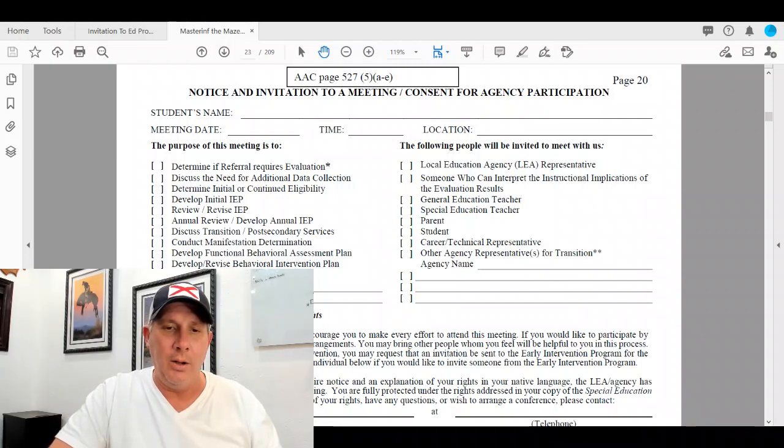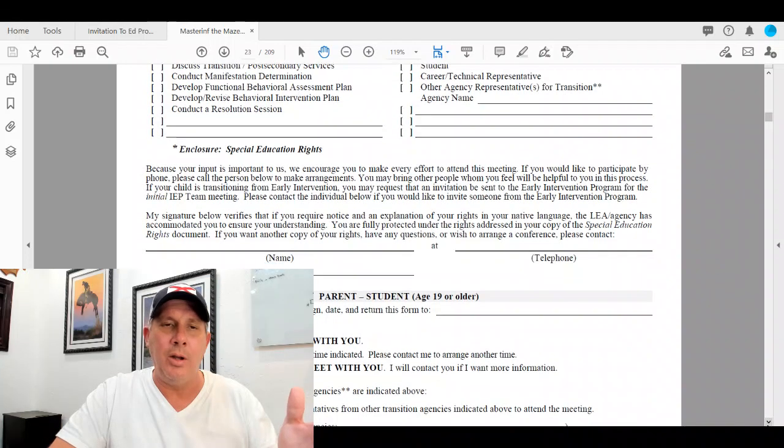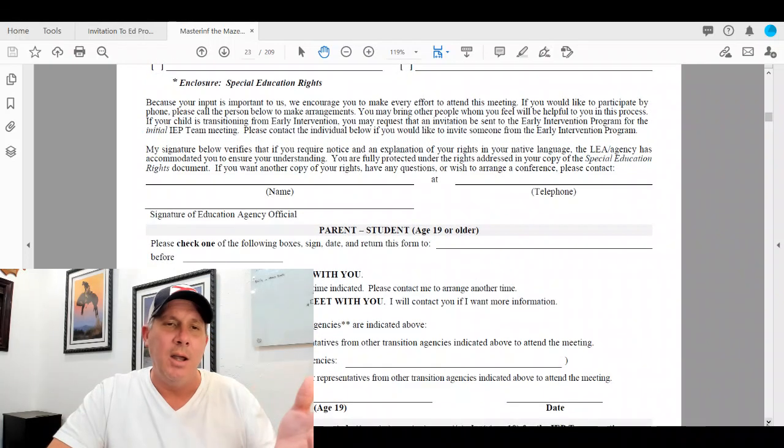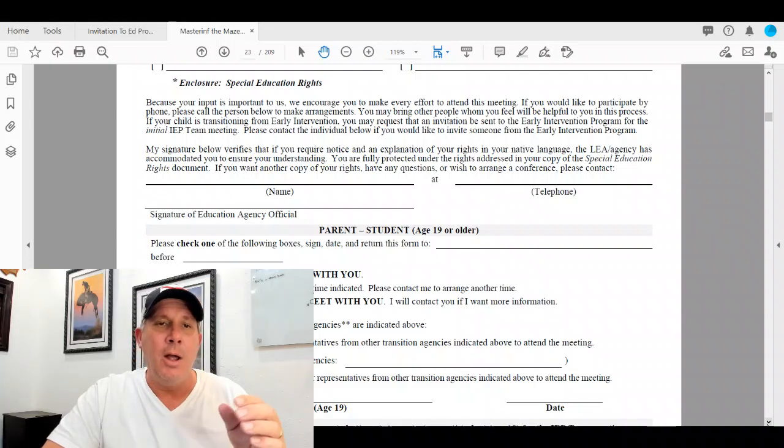Let's go down to the remainder. They're going to talk about, as far as disclosure of your special education rights, they're required to provide you your special education rights one time a year. Typically, it happens during the annual IEP meeting, or if it's your first IEP meeting after your child's eligible, they have to provide it there. And so they have to have this statement in here, and whoever is the one providing the invitation.